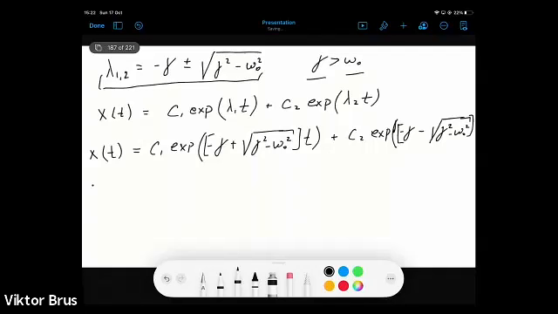And that is multiplied by t. So now we have this. We can take out of the parentheses exponent minus gamma times t, because we have the same in both terms. So we can write that it will be c exponent minus gamma times t. Then in the parentheses, we will have c1